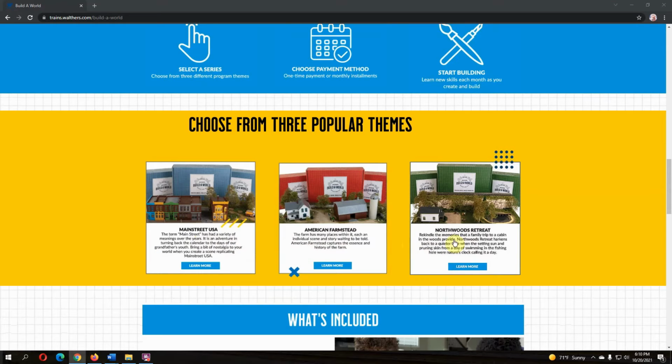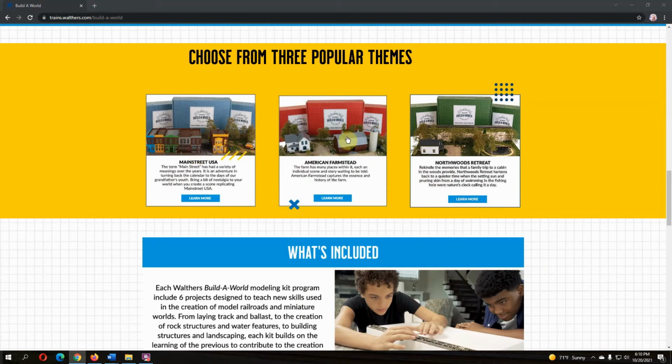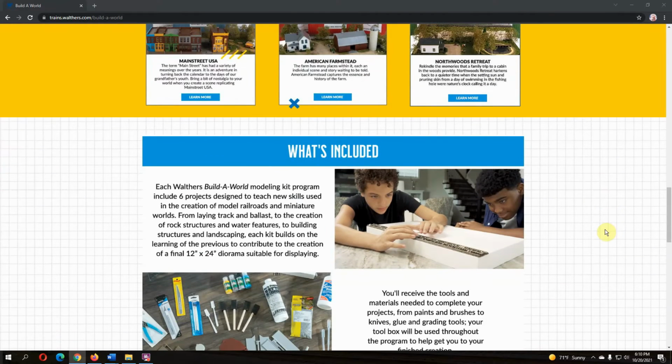We're going to come back up to this in just a moment and take a look, but let's read through what's included, and then we can go up here and get a little more detail about each of these kits, because what's included gives you the general overview of what you're going to get in your kits, but the other part is going to be more specific about each individual kit. All right, so what's included? Each Walthers Build-A-World modeling kit program includes 6 projects designed to teach new skills used in the creation of model railroads and miniature worlds. From laying track and ballast to the creation of rock structures and water features to building structures and landscaping, each kit builds on the learning of the previous to contribute to the creation of a final 12-inch by 24-inch diorama, or 1 foot by 2 foot,